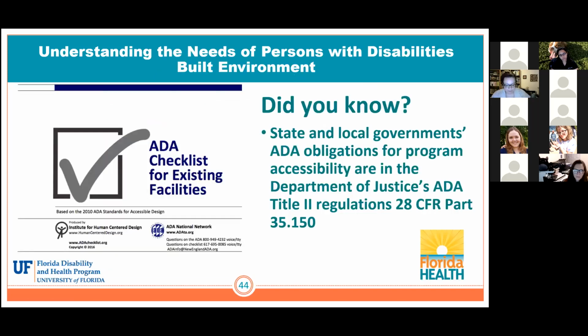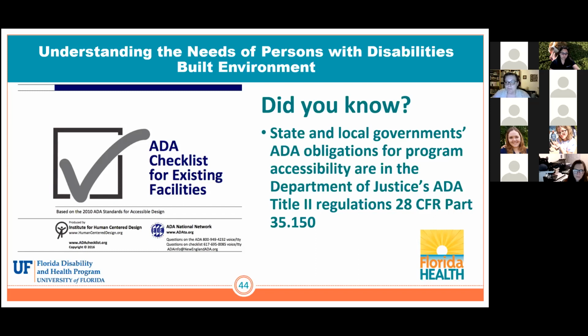And then finally, I want to briefly address the ADA checklist for existing facilities. This is something we've heard a lot about that people want to know more about because physical accessibility and the ADA feels like such a massive thing. The ADA requires state and local governments, businesses, and nonprofit organizations to provide goods, services, and programs to people with disabilities on an equal basis with the rest of the public. Some people think that this is only required of new construction and that older buildings and facilities are grandfathered in, and that is not the case.